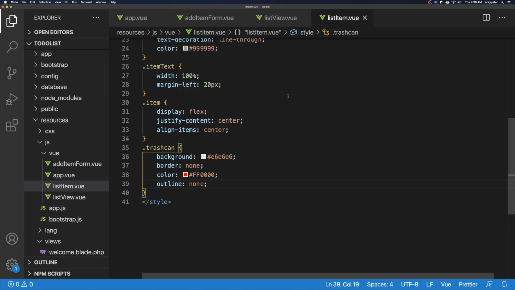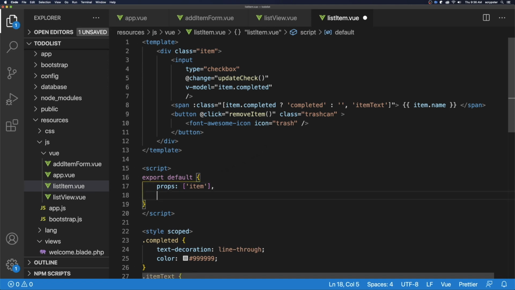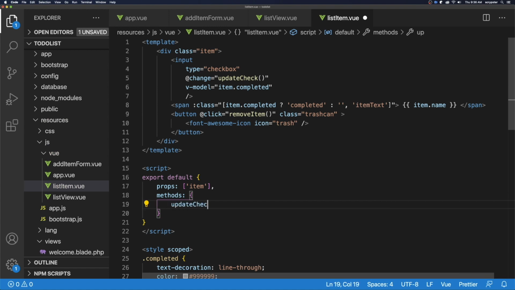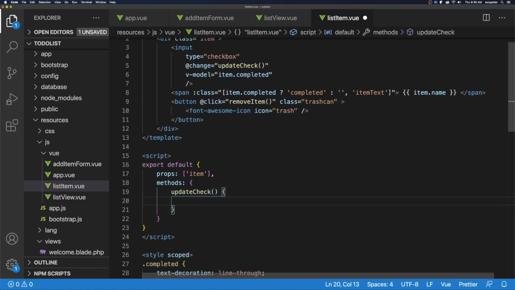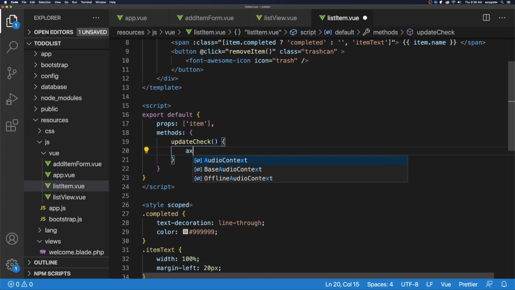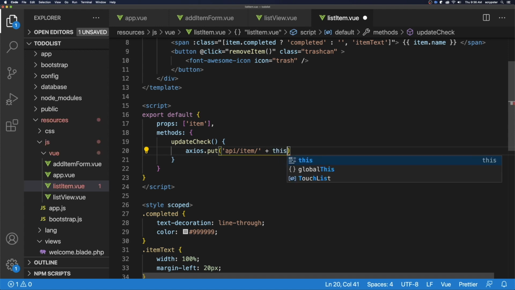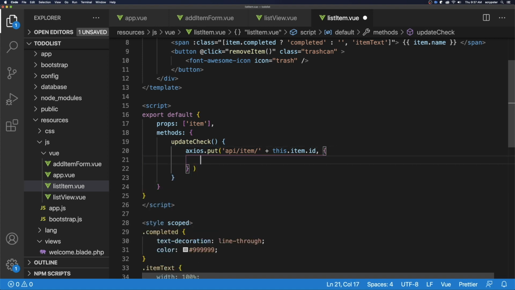Back over to VS Code. So right after props, we'll do a comma, we'll do methods, and let's do our update check. And inside of our update check function, we're going to use axios.put because we created that put route earlier. And we'll do API/item/ and we want to append this item.id from our prop that we're receiving right here. So it should put the ID of the item we want to update. And then let's pass it some information. We're just going to pass it the entire item. So we'll do item